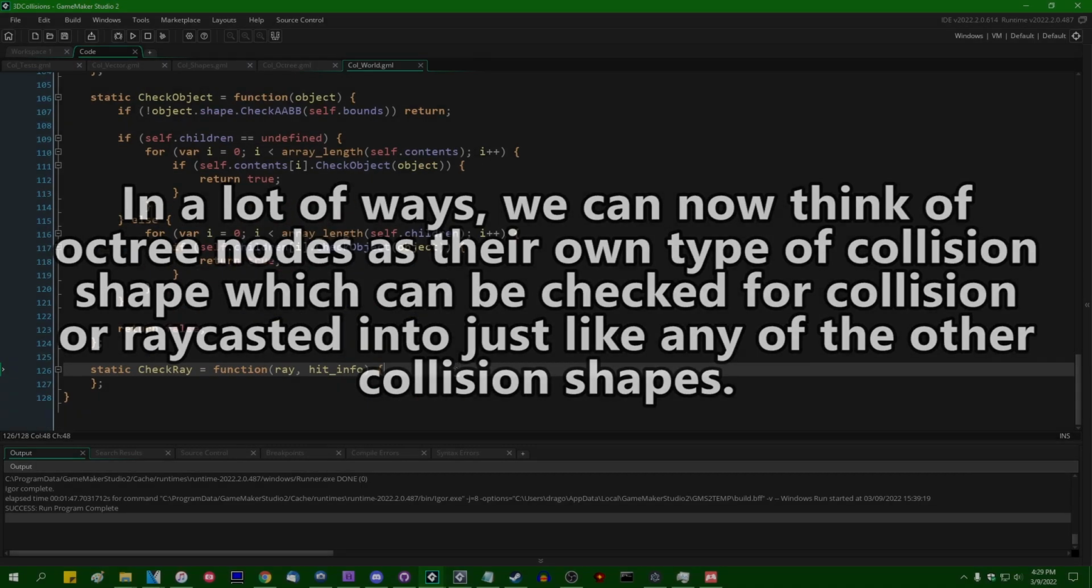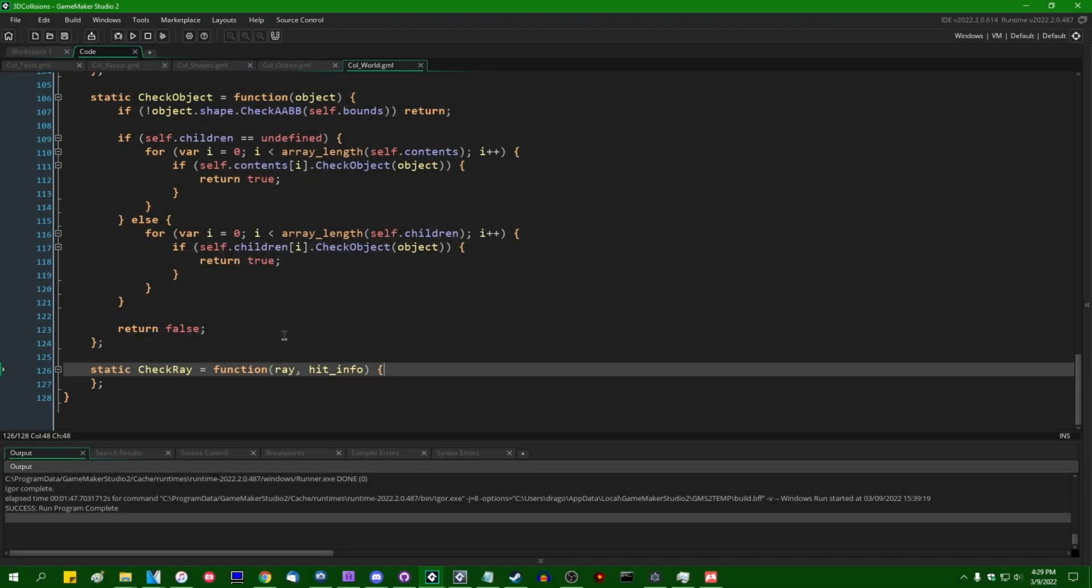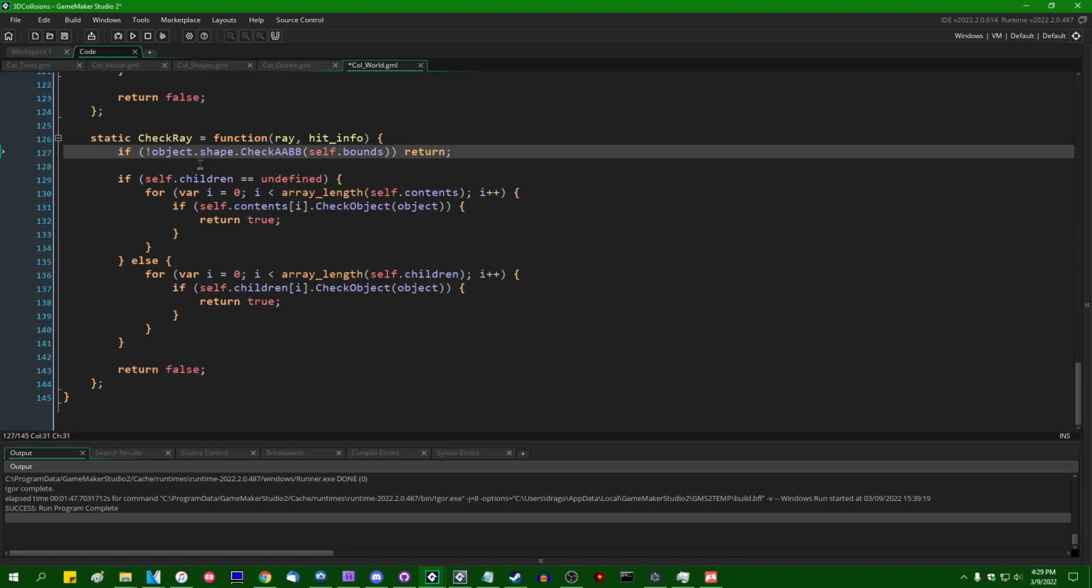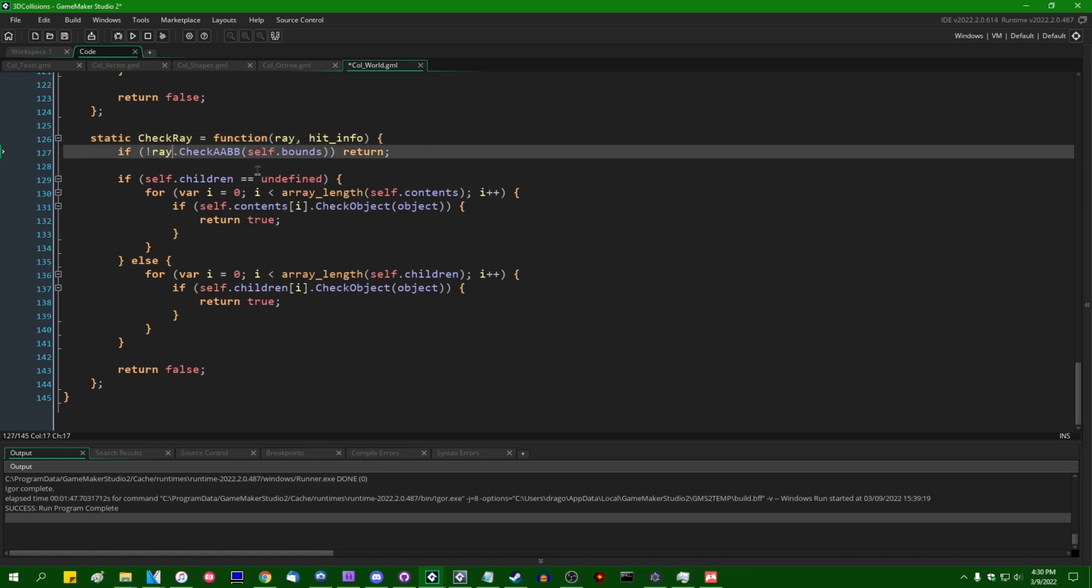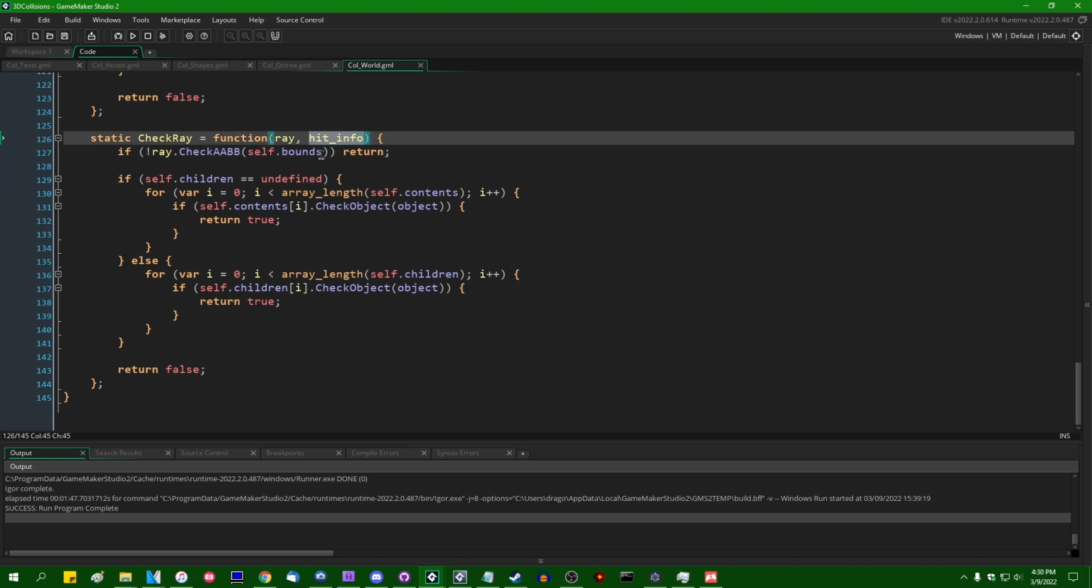inside this node. And lastly, for check ray, we can do something that's going to look pretty similar, and we can say a few different things. For example, instead of saying object.shape.checkAABB, we can say ray.checkAABB against the bounds of ourselves. This is going to require a hit info. We do not want to